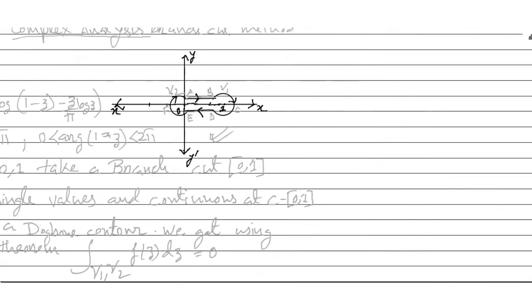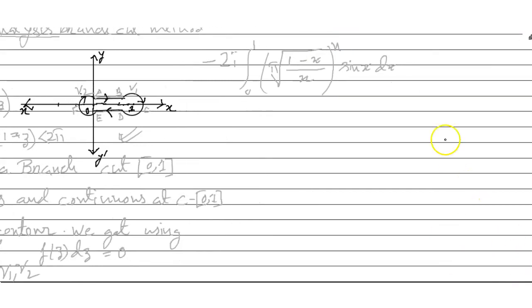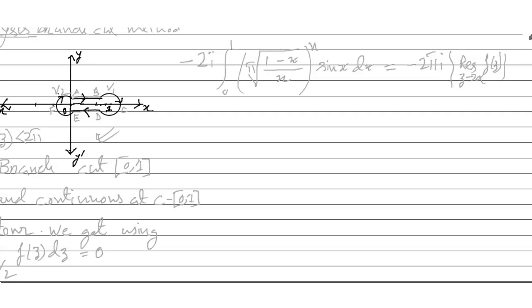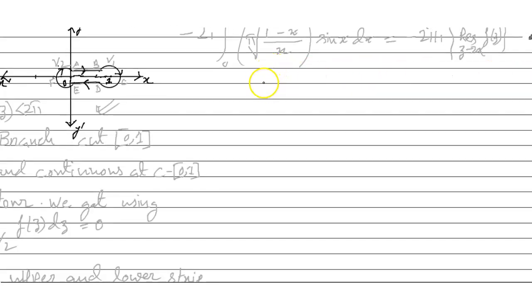Difference is e to the power pi i. So we get minus 2i integral from 0 to 1 of sin x dx is equal to minus 2 pi i residue at z tends to infinity of f(z). So minus 2 pi i